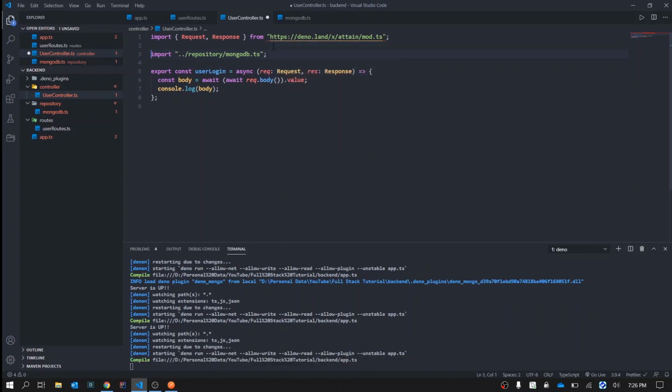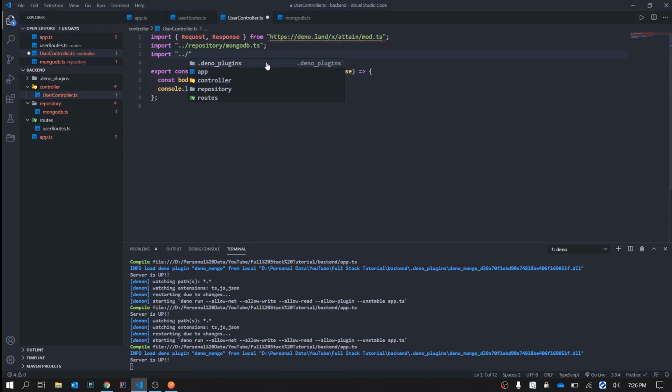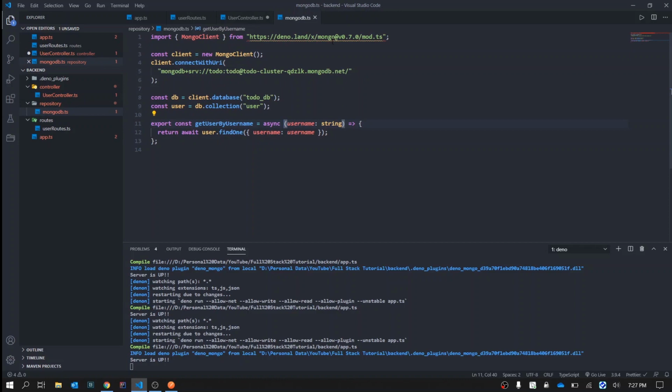I think you might have noticed. I will just show you one thing. So if we go, you can see there's a Deno plugin. What is this Deno plugin? So in order to work with Mongo, this Mongo library downloads few plugins.